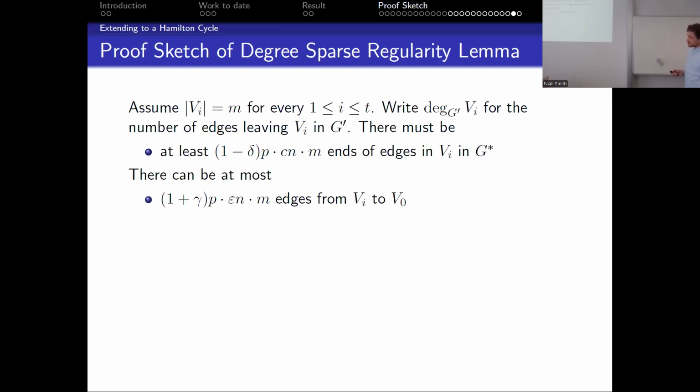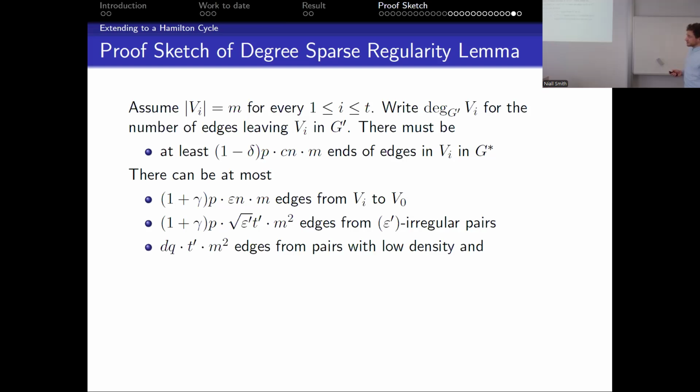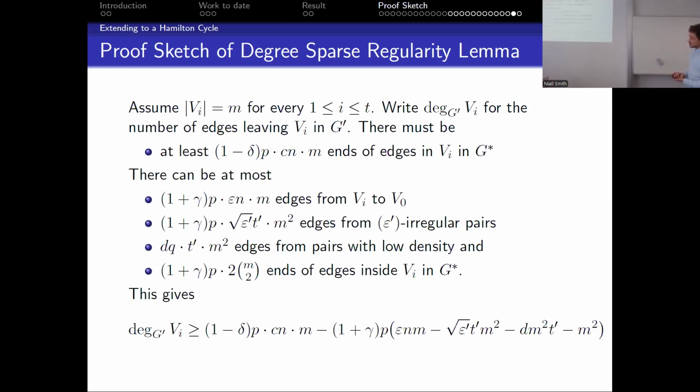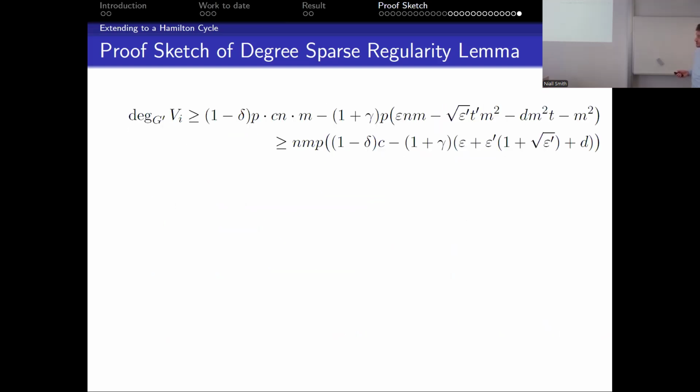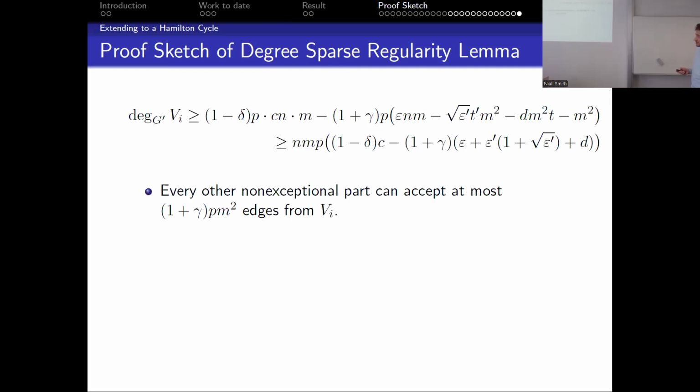There can be at most this many edges going to the exceptional part, this many going to irregular pairs, this much going with low density, and this much inside one part. So we get this very long sum, which is repeated here. Collect the terms, and then on the other hand, because of the relative pseudo-randomness of the subgraph,